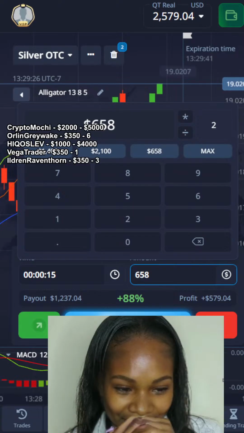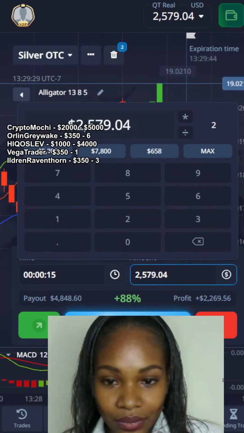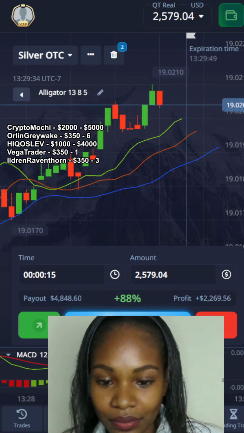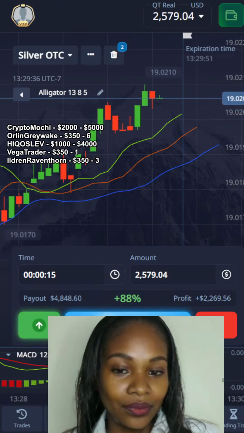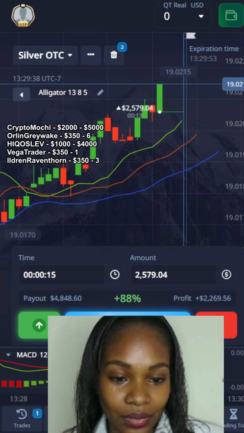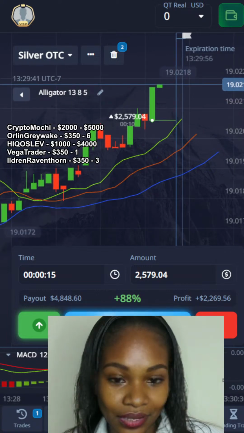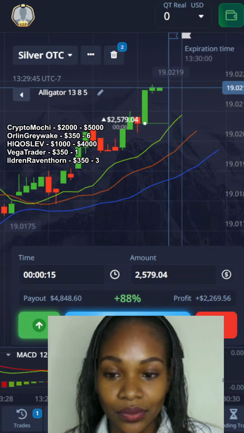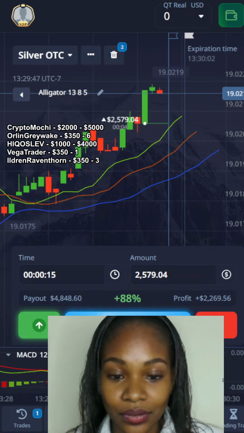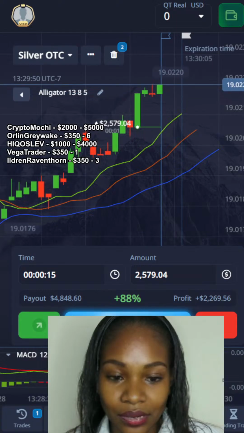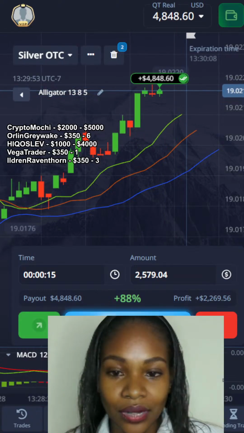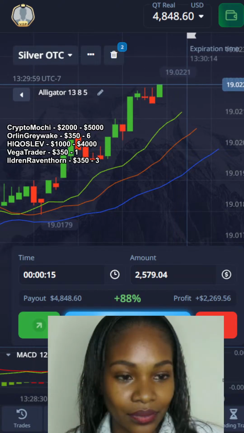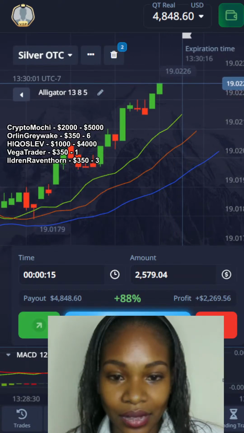Remember, we are looking at 5,000 as our take profit. So remember, Lena over here is trading binary options, all right? Whenever we are dealing with binary options, we are looking at our expiration time. We're talking about exiting trades. So when my 15 seconds end over there, I know very well that I'm expecting a win or a loss.